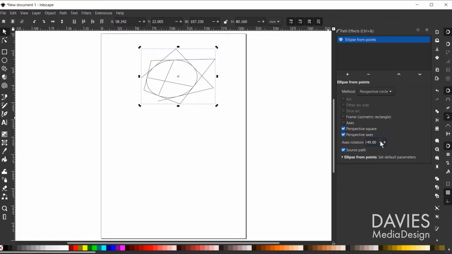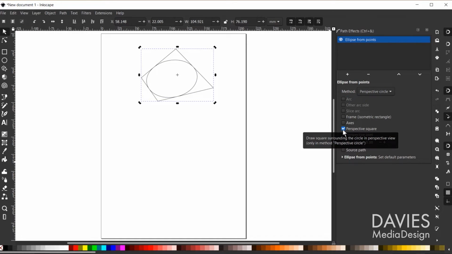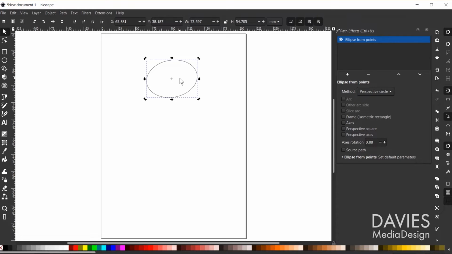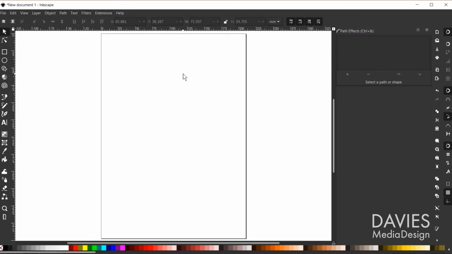So that's just an easy way to rotate an object using that same perspective. So let me just set this back to 0. And as I've already mentioned, this will turn off or on the original path we drew. Of course, I have to also turn off the perspective square in order to get rid of that original path. So now we're back to the perspective circle on its own. And I'm going to hit the backspace key because I do want to get rid of that for our next